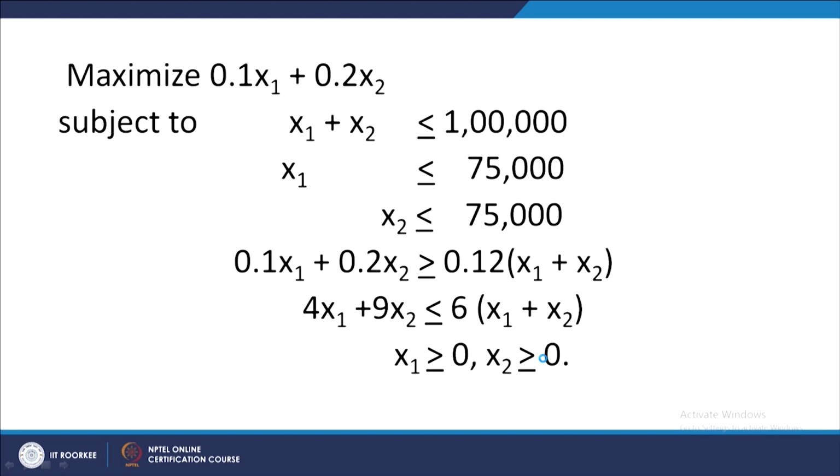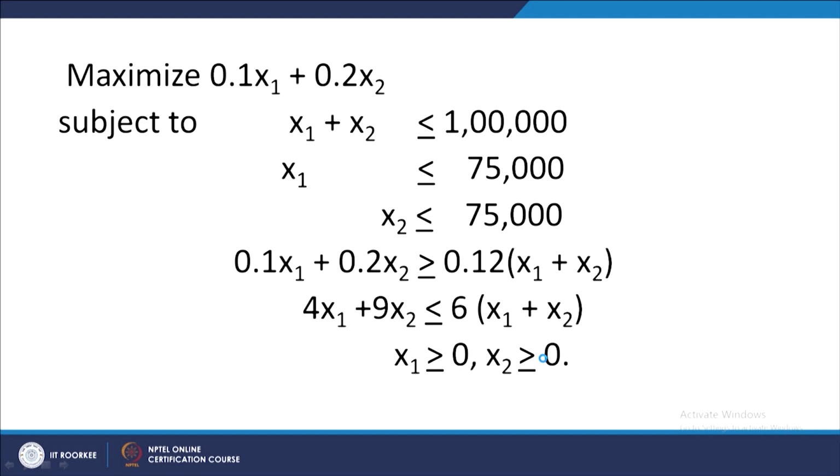So, the given data can be used to model the problem as follows: maximize 0.x1 plus 0.x2. Of course, x1 and x2 are the amounts that you have to invest in both the schemes. Subject to the conditions: x1 plus x2 is less than or equal to 1 lakh, x1 is less than or equal to 75,000, x2 is less than or equal to 75,000,